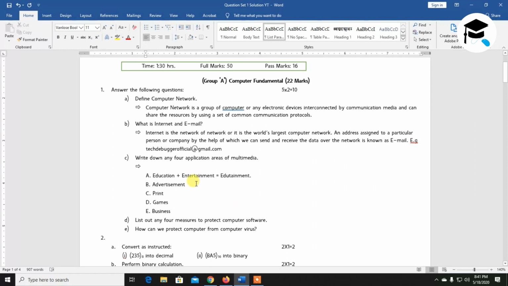The question is of 2 marks. Here 5 questions are there and it is of 2 marks. So if you have written 4 points, that will be enough. You need to save your time while writing the answer in exam. It doesn't mean that if you have written a lengthy answer, 2 paragraphs, 4 paragraphs or 1 page, you will obtain the full marks.